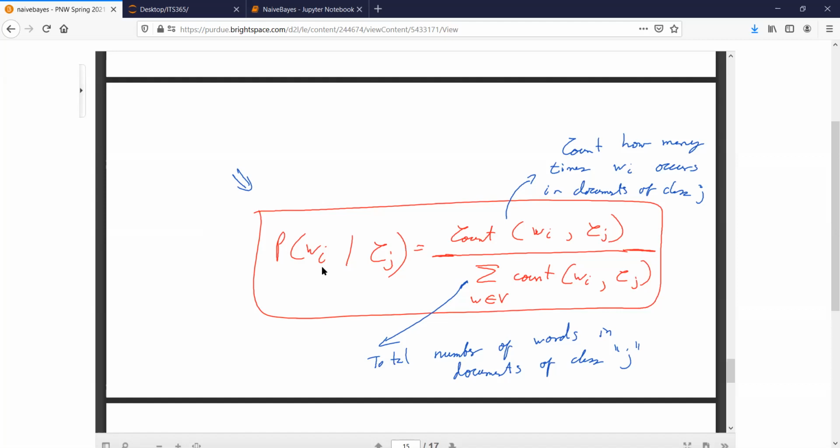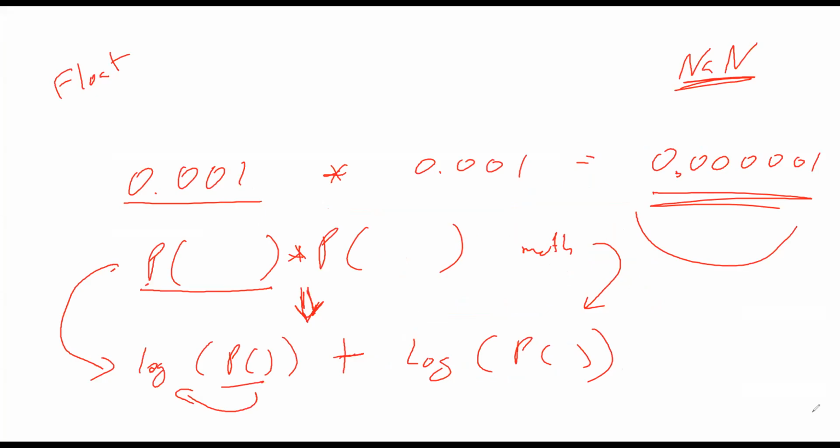So instead of writing the formula as PWCJ, we're just going to say PFCJ, right? So I'm going to go back to the whiteboard, and I'm going to say PFICJ. I'm just generalizing it to be a feature instead of a word. And we just said that this was some kind of a frequency count, but now